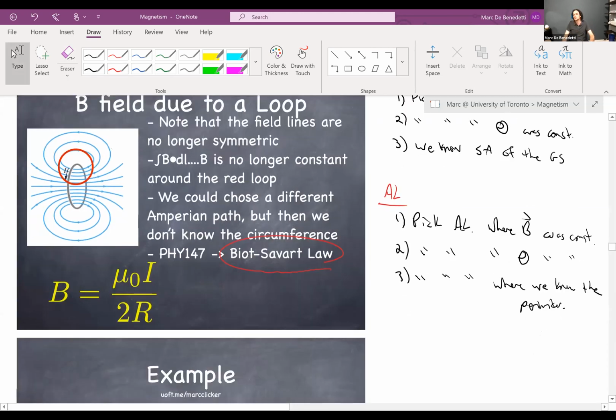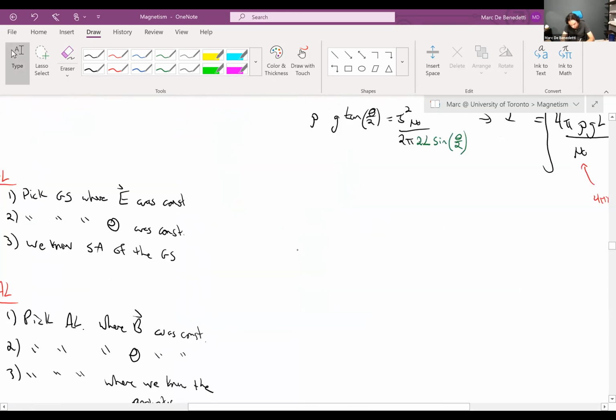However, I will talk about the end derived result. The formula you get from Biot-Savart law is mu naught I over 2 pi r. Now, r is not the distance away from the loop, okay? R is the radius of the loop itself. So I cannot stress this enough. R is a constant. Okay, it's the radius of the loop itself. This is not to be confused